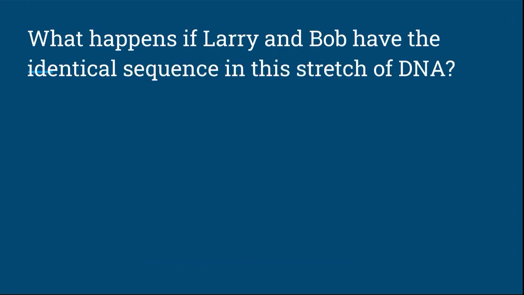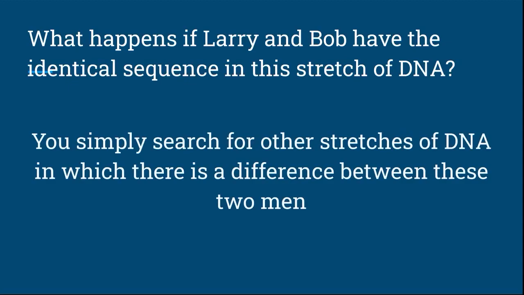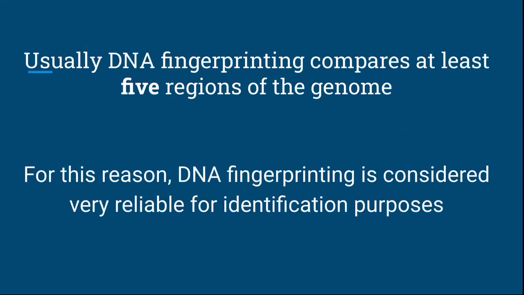What happens if Larry and Bob have the identical sequence in this stretch of DNA? The answer is that you wouldn't be able to distinguish between the two men based on looking at differences in this stretch of DNA. So what do you do? You simply search for other stretches of DNA in which there is a difference between these two men. This is why in real life, multiple stretches of DNA must be examined to ensure